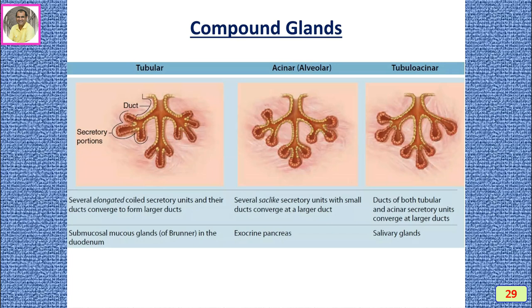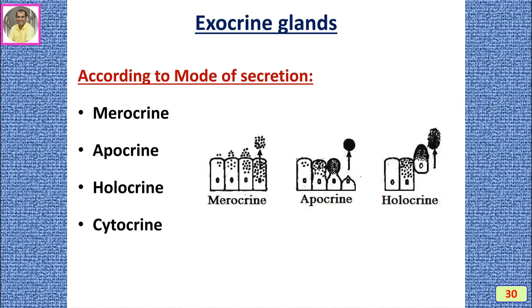Ducts, both tubular and acinar secretory units, they cover a large ducts, and the best example for tubulo-acinar cells is the salivary glands. Whereas the exocrine glands, according to the mode of the secretion, are also known as merocrine gland,